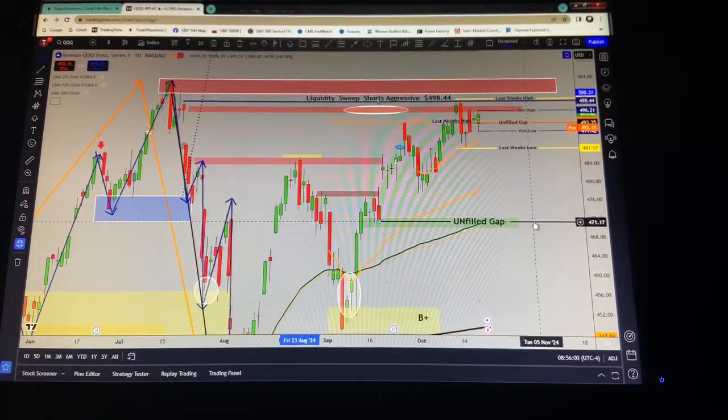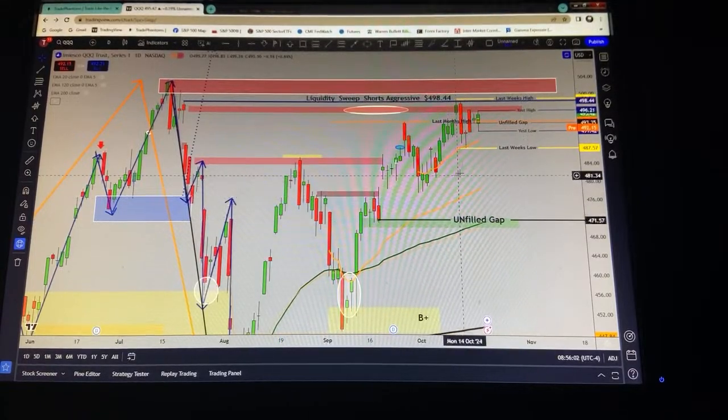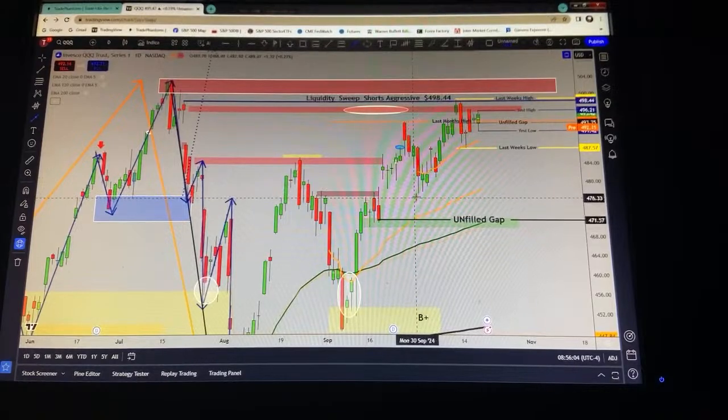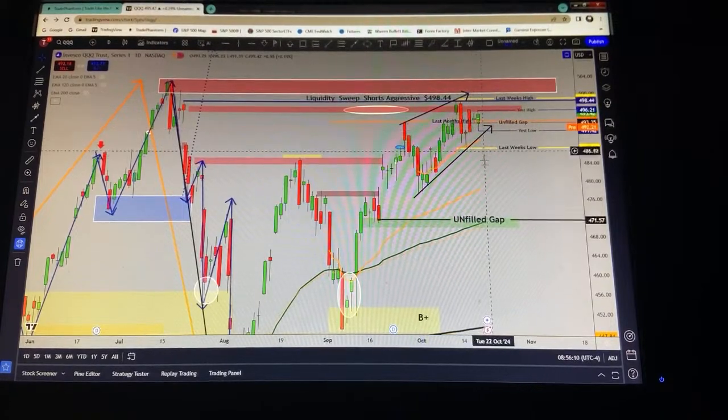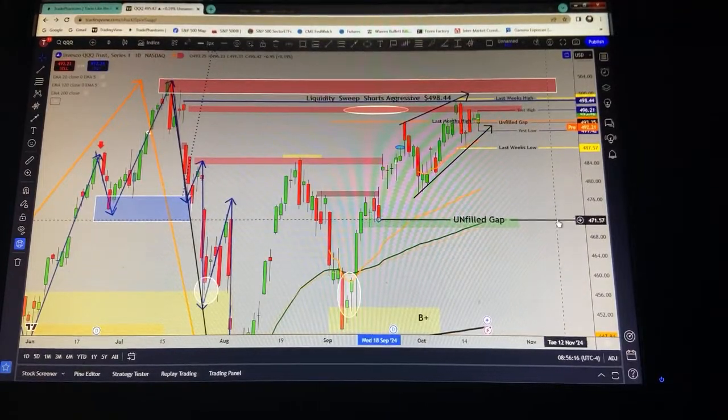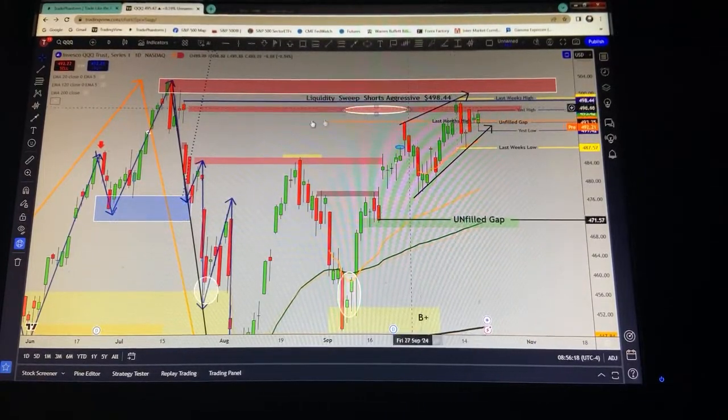We do still have this unfilled gap reference here. In the event that this thing does snap at some point, if we have something that just might snap this kind of formation here, we could be fishing down in here to this unfilled gap at 470.50. Just how we were waiting for this unfilled gap up here, grinding it higher, if we do snap below here,